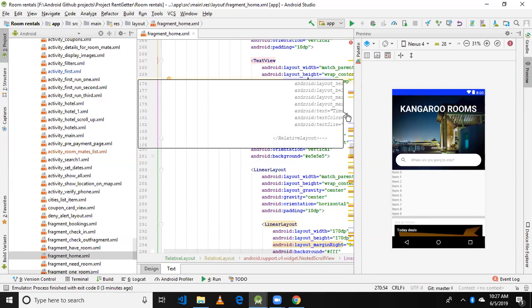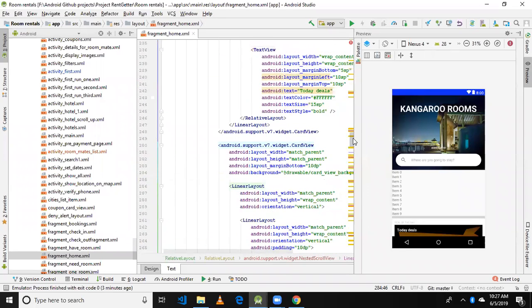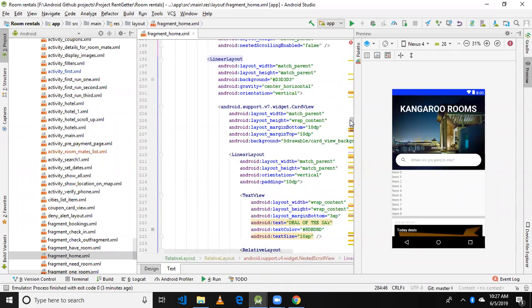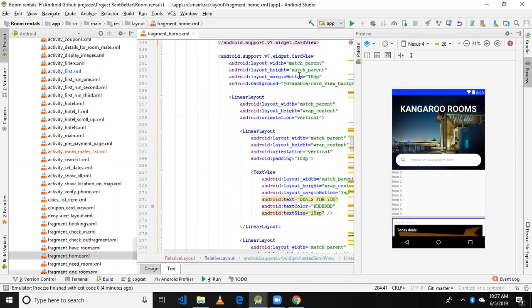These are two different cards. Actually, I saw it just in my phone. So this is one card view that you are seeing. This is the deal of the day card which you are seeing here. And then there is another card view below this, which is saying deals for you, which will contain a table, row,